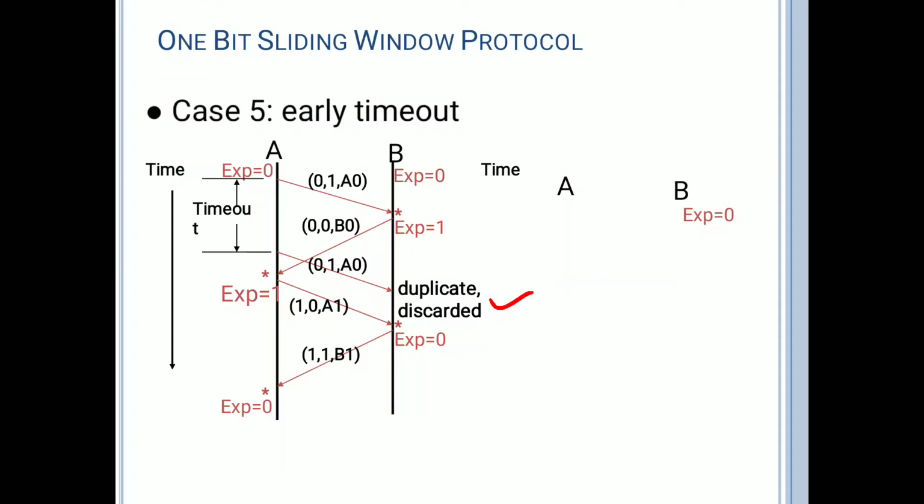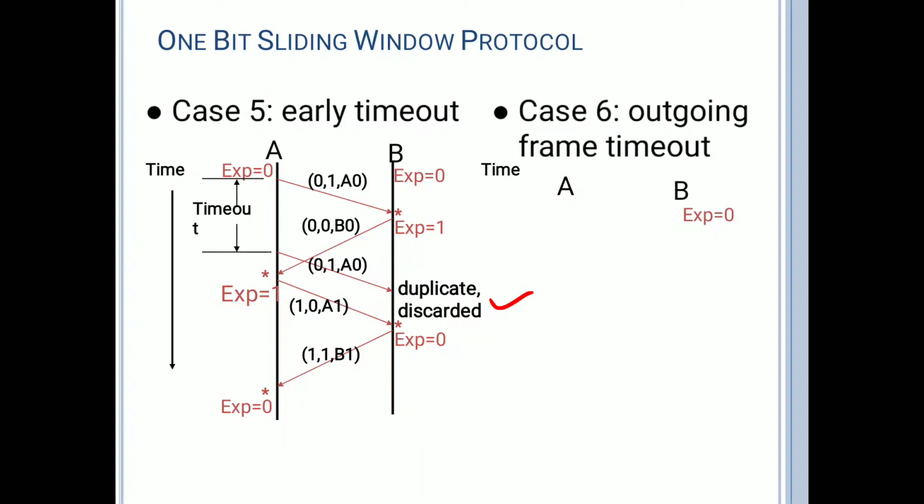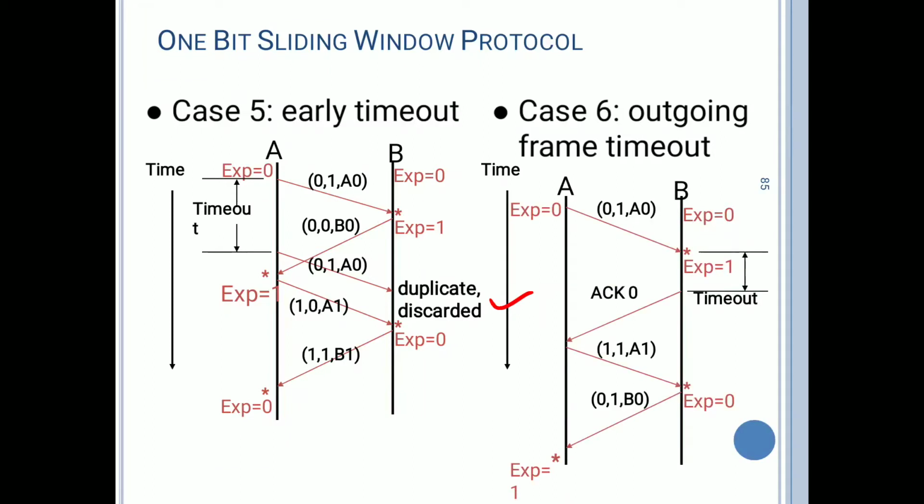It means the delay of time happened, so the case is like this. The last case is outgoing frame timeout. So what is this outgoing frame timeout? The outgoing frame is nothing but the acknowledgement. So if the acknowledgement times out, what will happen? So here is the case. First A sends the data and it is received by the receiver, and if the outgoing